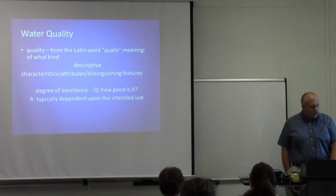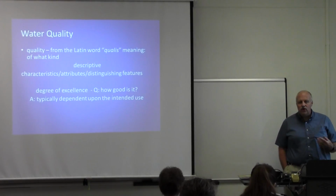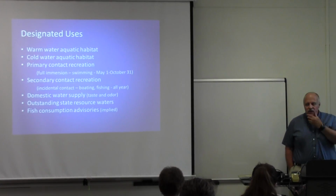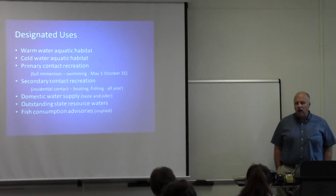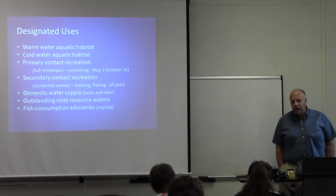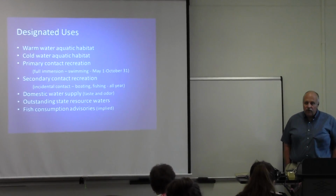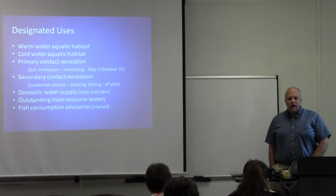And as I said, the answer is typically dependent on what the use of the water is and how you intend to evaluate it. So Kentucky designates several uses for water. One of them is warm water aquatic habitat. Another is cold water aquatic habitat. Primary contact recreation, which is based on pathogens or bacteria. And primary contact,